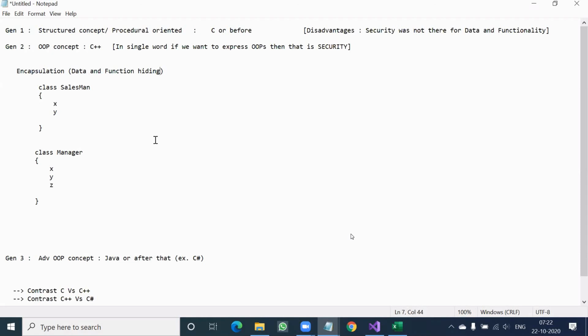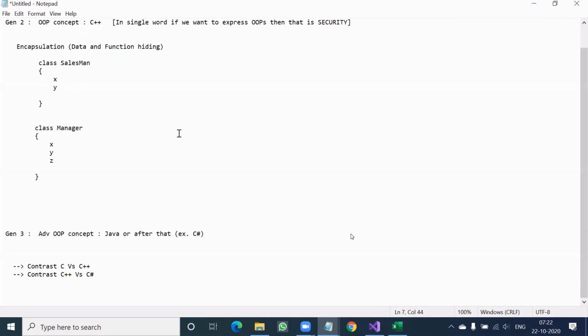Then one by one, each concept is one chapter, and we will go into the detailed part. So just have an overview of the entire C# or C++ chapter today in 5 minutes. So encapsulation, they named it. This is feature number 1.